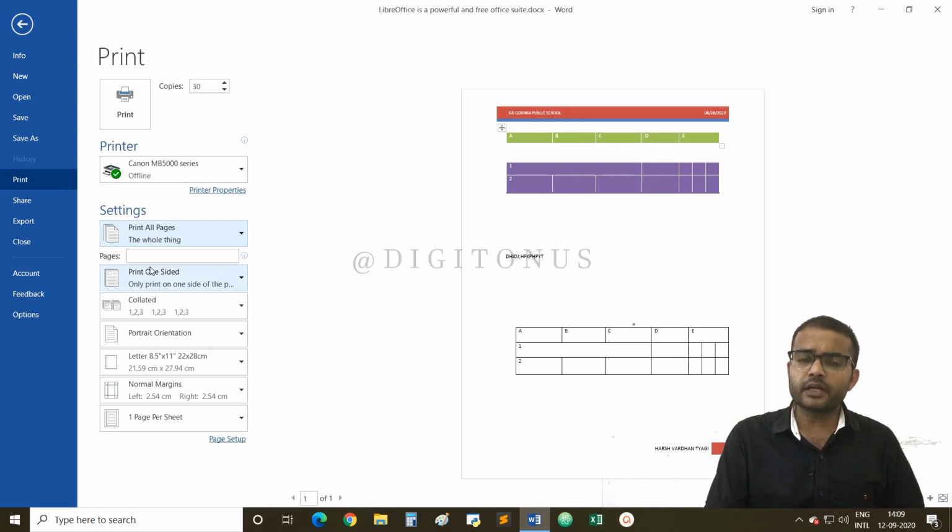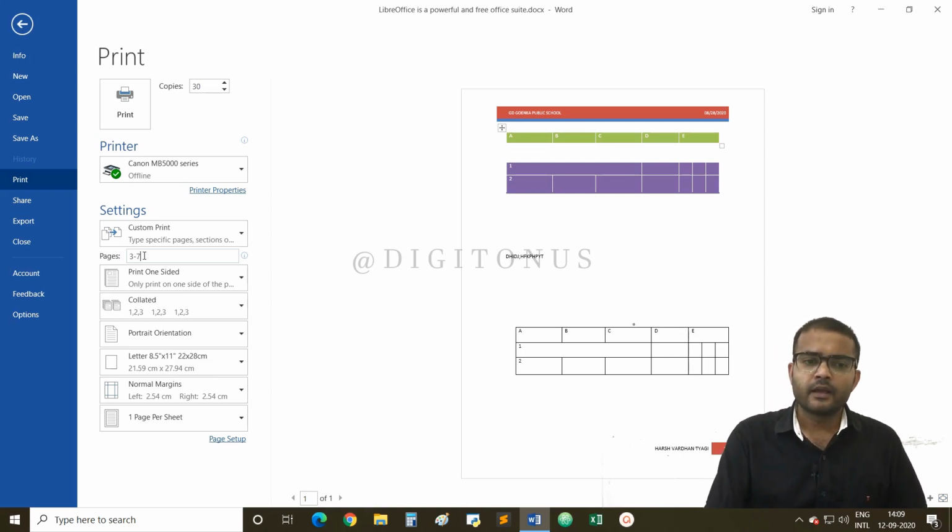If I want to print a range out of the 10, suppose only pages 3 to 7, then I will go to the Pages option under Print All and write here 3-7. So 3-7 means that from the complete document, only the pages from 3 to 7 will get printed.